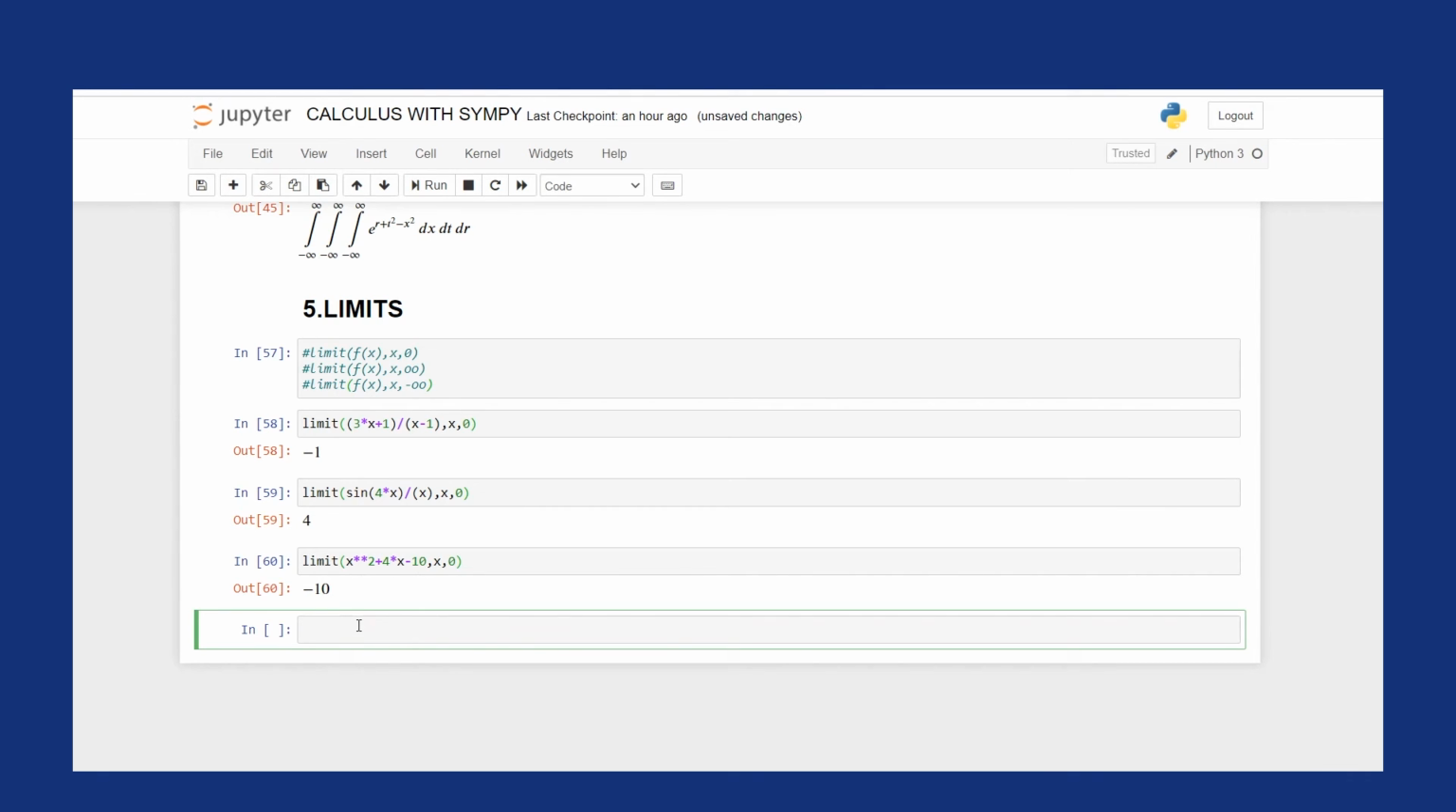So how about if we have a certain variable but tending towards infinity? In that case, we can demonstrate that with an example here. Let's have x squared plus 4, then this whole expression over x squared minus 10. In the same case, we have x, but this time tending to positive infinity. So in this case, how can we